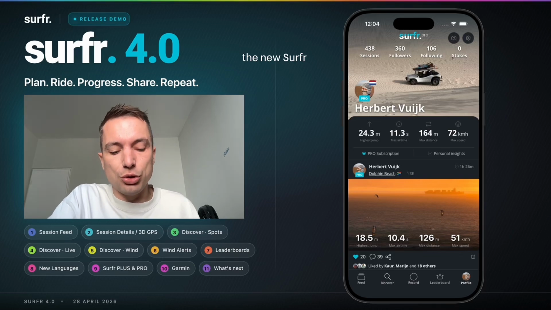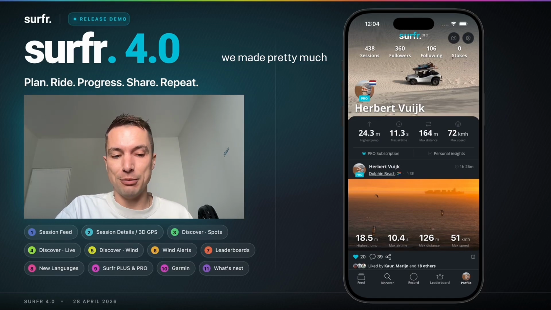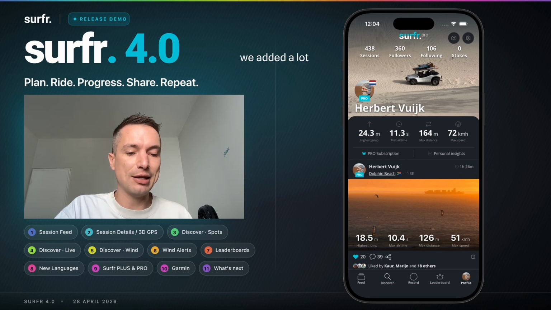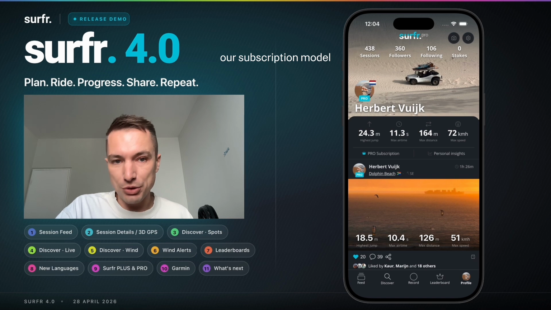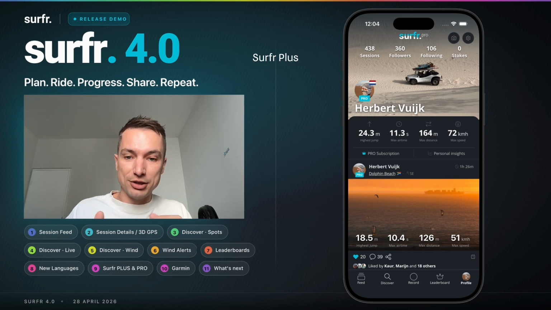Next up is the new Surfr subscription model. I hope by now you agree that we made pretty much a complete new Surfr app. We added a lot of functionalities, which also meant that we had to rethink our subscription model. One of the main things that has changed is that we introduced Surfr Plus, which is a middle ground between